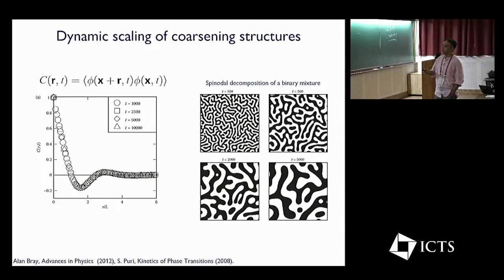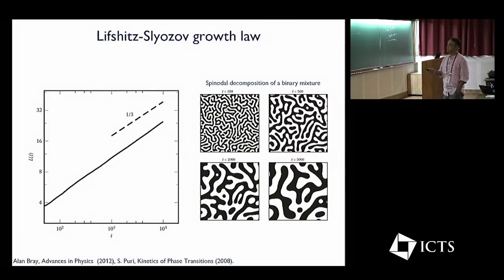Phi is the order parameter, which could be related to the density. If you look at these correlation functions, you see that over time these structures coarsen, and if you find a characteristic length scale, one can rescale all these correlation functions, and they fall on top of each other. This is the dynamic scaling. This is all seen in equilibrium systems. If you look at how these length scales grow as a function of time, with a conserved order parameter, where diffusion plays an important role, these length scales grow with an exponent of one third. Okay, t goes as t to the power 1/3.